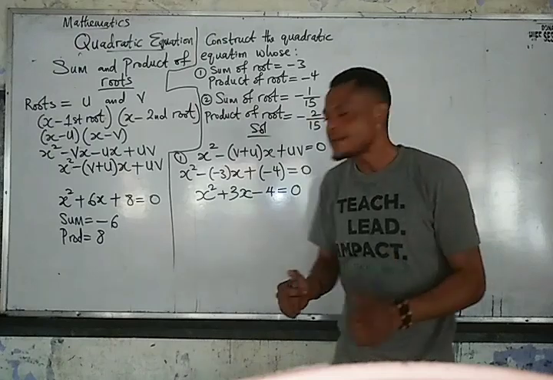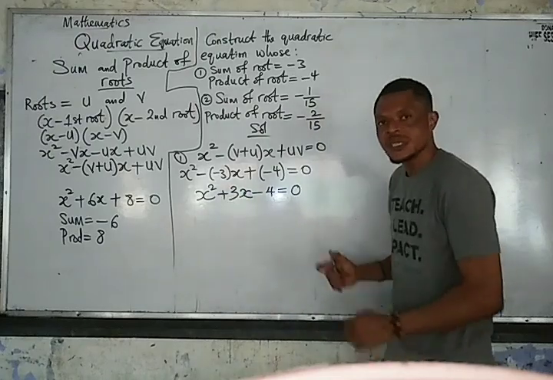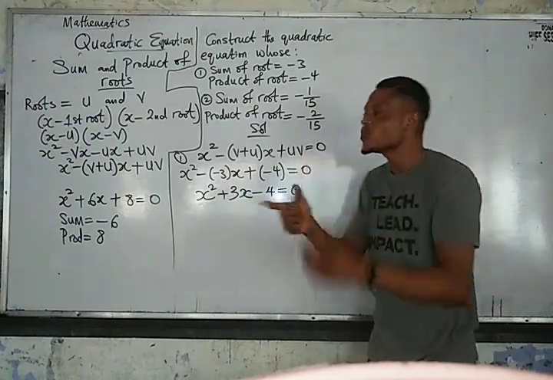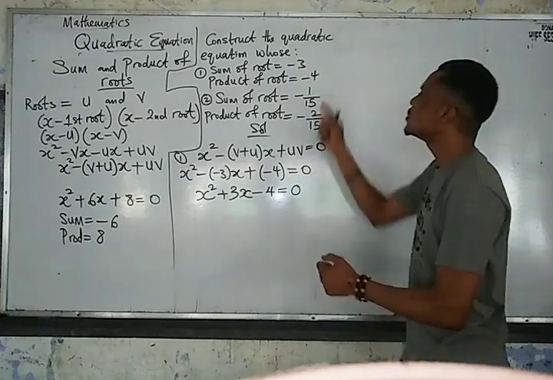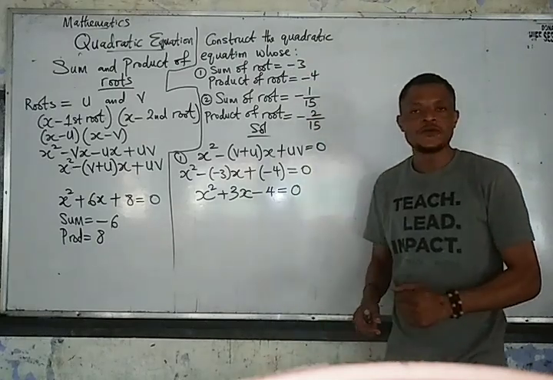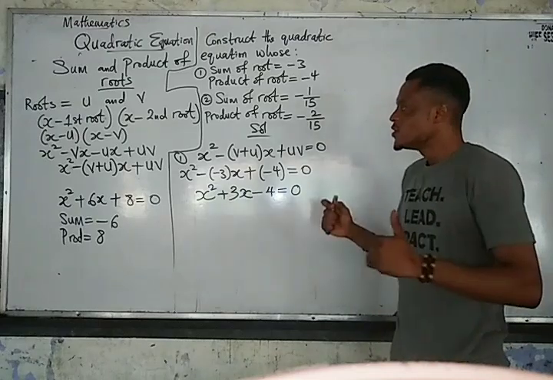You can take your time to find the roots of this quadratic equation and add them together. I'm very sure you are going to have minus 3. And by the time you multiply them together, you are going to have minus 4. Easy. So the second one,